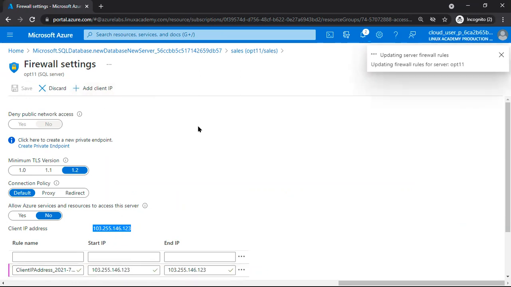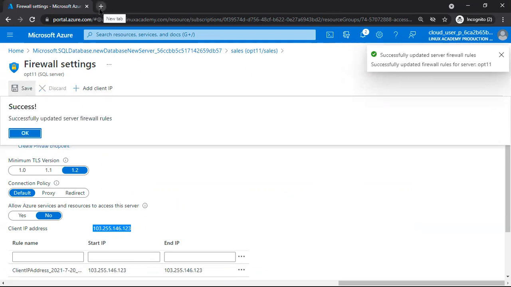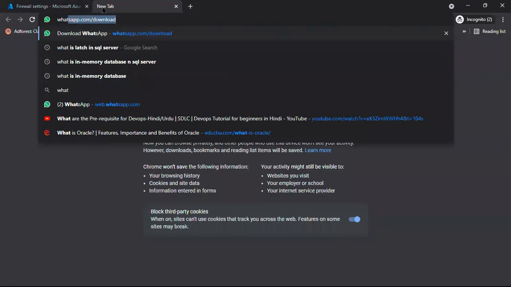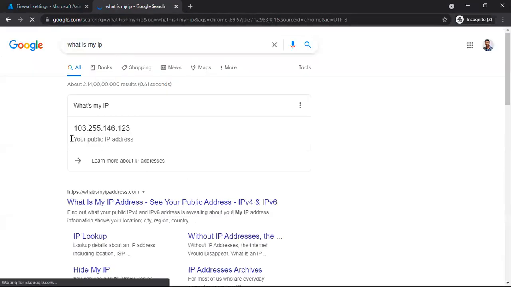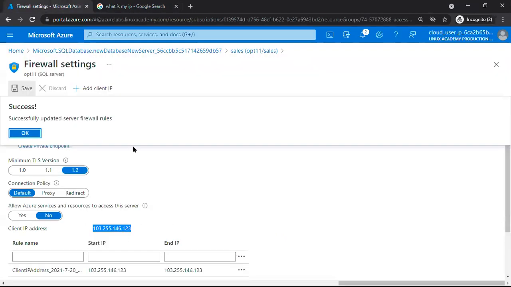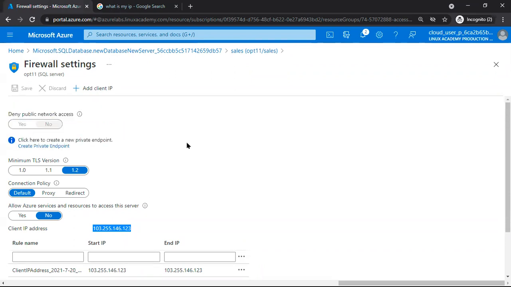Save. Suppose in your machine, if you type 'what is my IP', it will display it like this. If I add that IP here, then you can also connect to this database.